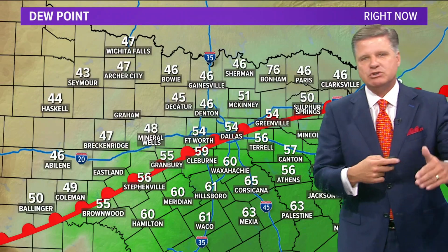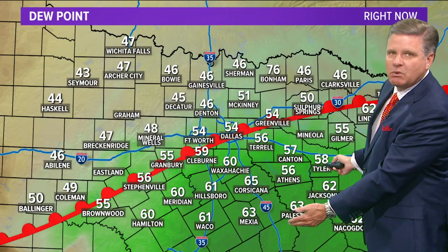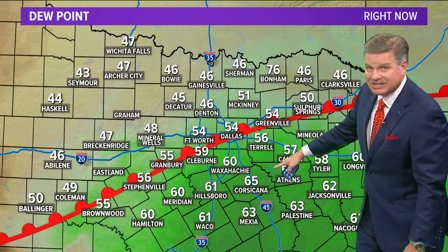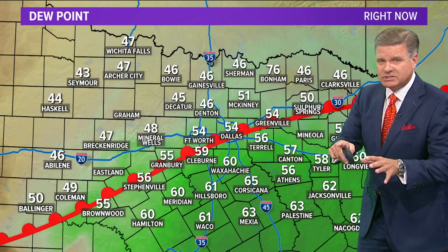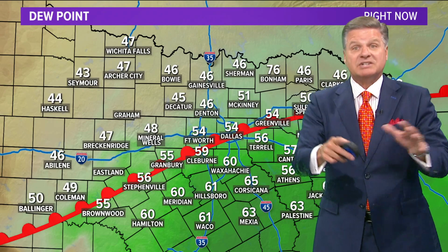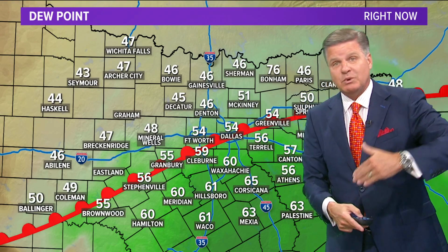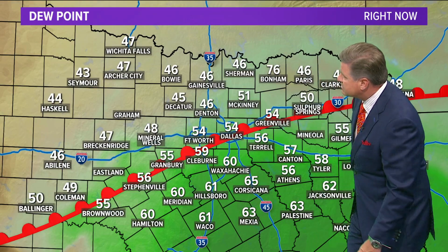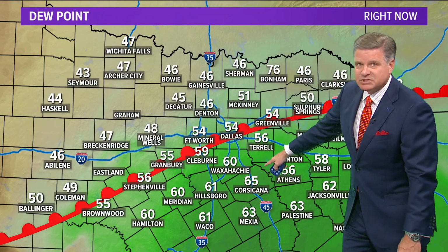So why do we have the two different watches? Well, it's all about how much moisture is in the air. See these areas in green? These are dew point temperatures. That's a true measure of moisture in the air, not relative humidity. Relative humidity is relative to the air temperature, so it has big fluctuations throughout the day. Dew point temperature doesn't. So when you see these dew point temperatures in the 60s, man, the atmosphere is loaded